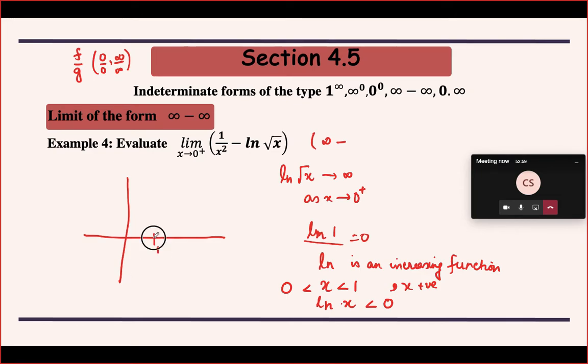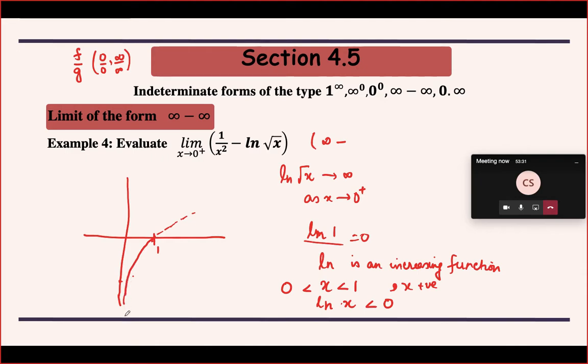It is meeting the x-axis at 1. Log 1 is 0, and then it is becoming negative. So it will keep going down, and then this line, the y-axis, becomes an asymptote. After this, it is rising. Whatever shape it can take, we need to see this behavior, that when it is approaching the line x equal to 0, your y-axis, the graph is becoming almost parallel to the y-axis, and it is moving in the downward direction.